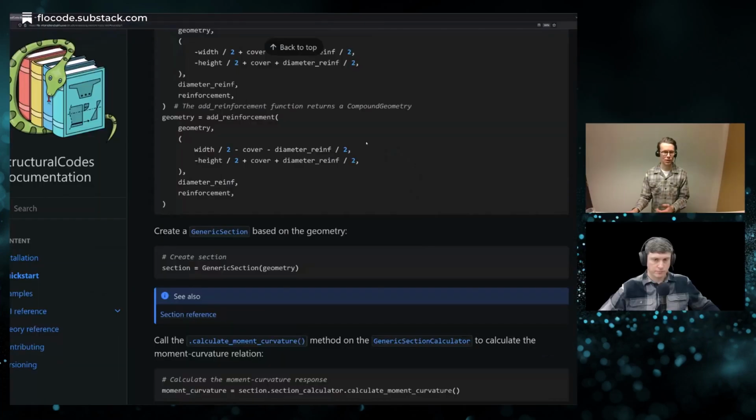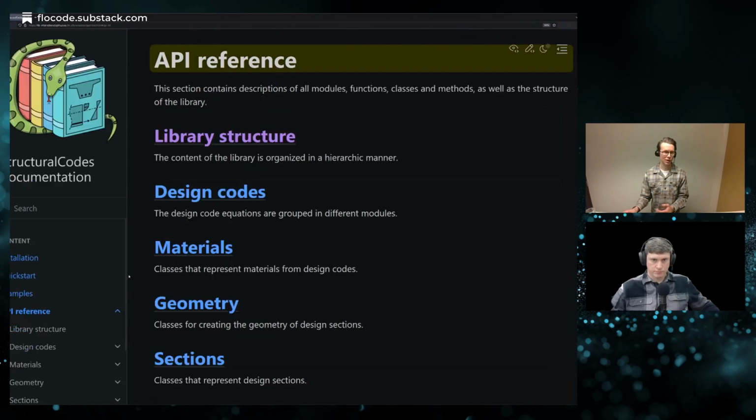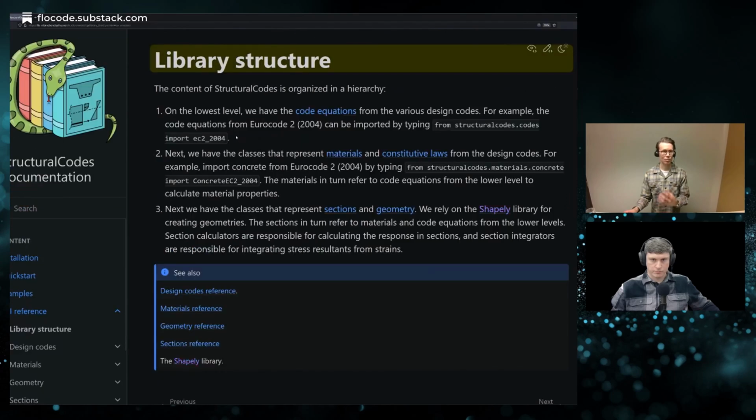Okay, so can you share your screen to show the architecture, just how it's laid out? Yeah. Let's see. We can go back to the documentation and go to the API reference, where we actually have a separate block related to library structure. On the first level, as we just discussed, we have the code equations.